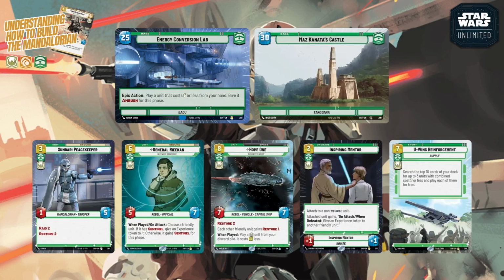You also got green as well. Green could be a nice one. Remember, you do get Dark Saber in this aspect, but you don't have to worry about playing green to play Dark Saber, because if you're focusing on putting it on the Mandalorian himself, then you can play it ignoring the aspect penalty because he's a Mandalorian. But green does offer you some nice things. Like I forgot to say, Security Complex was the base for blue, giving you a shield, while Energy Conversion Lab is the green rare base, which gives you the epic action of paying a unit cost 6 or less